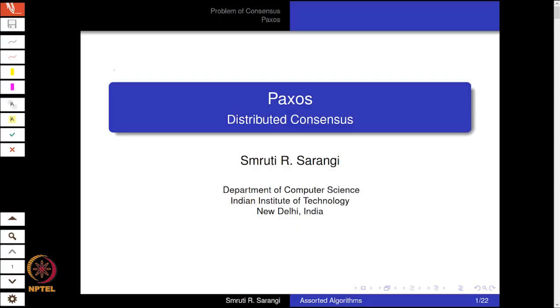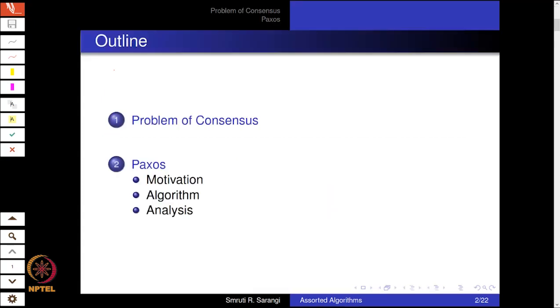In this lecture, we'll discuss the Paxos algorithm. Paxos is a distributed consensus algorithm that was proposed more than 20 years ago, and henceforth, many avatars of Paxos have been proposed. So, we will be looking at something called Paxos Made Simple, which is a simplified explanation of Paxos, which was published later, roughly in 2001.